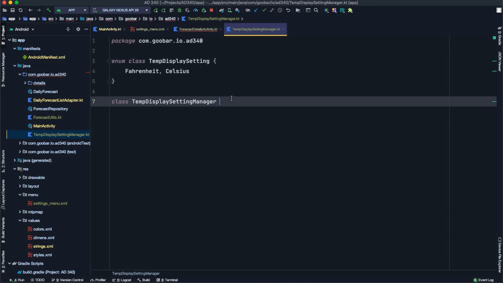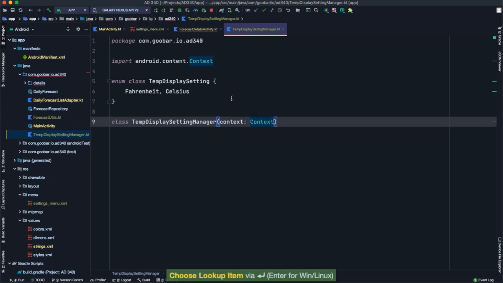So now we need to go ahead and implement this TempDisplaySettingManager. The temperature display manager is going to reference shared preferences to save the temperature display setting value. To do that, we're going to need to pass in a context to this class, because we need a context to get a reference to shared preferences. So I will take in a context parameter,